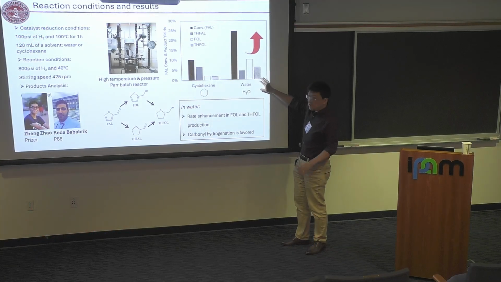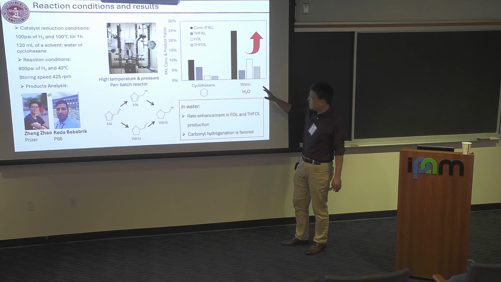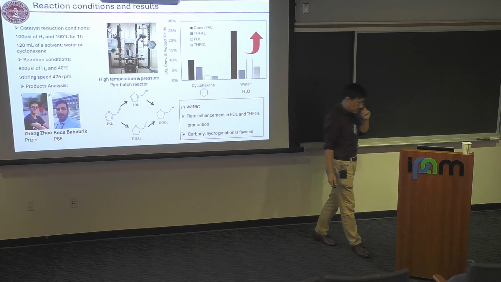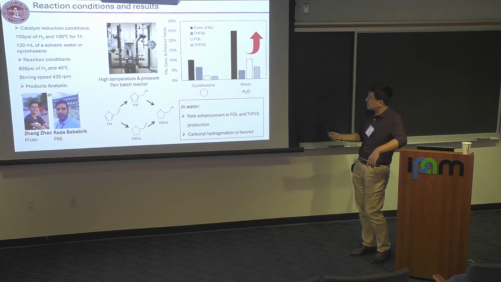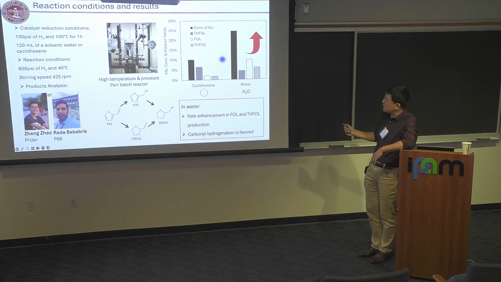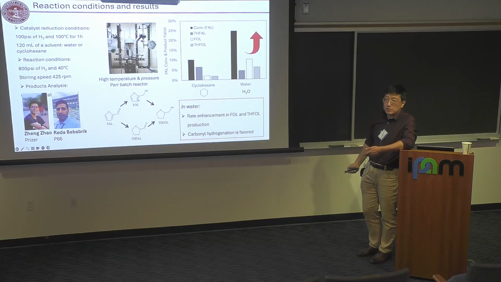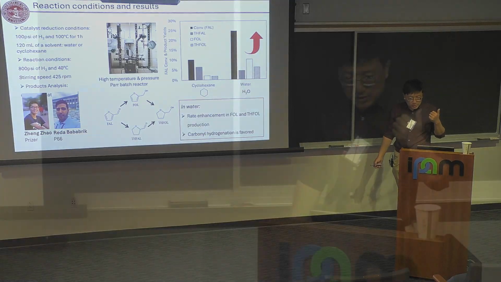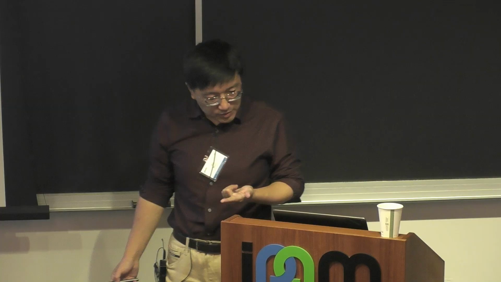Now we do the same reaction on palladium supported on gamma alumina. If you do the same reaction, but one in water and the other one in solvent, you notice the conversion, which is the black bar, increased a lot by a factor of 3. Meanwhile, the selectivity to this product, which is essentially the CO bond hydrogenation, is also promoted. So somehow the presence of water not only increased conversion, but also selectively increased the CO bond hydrogenation.